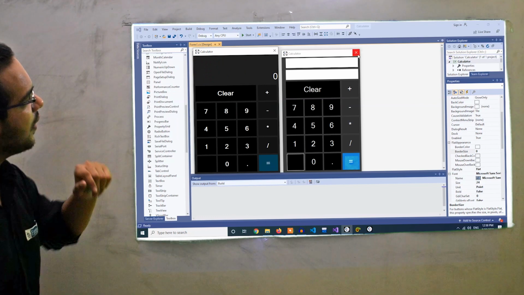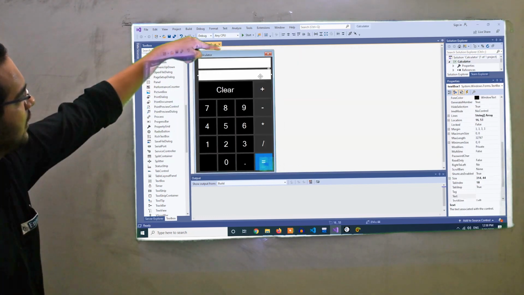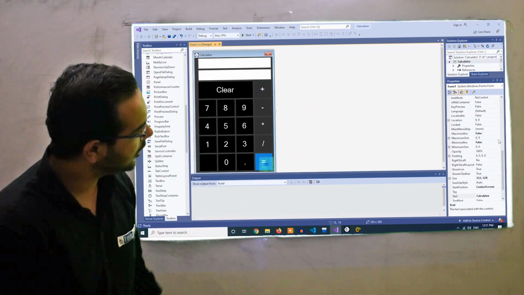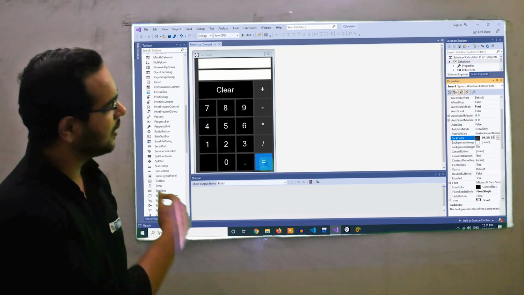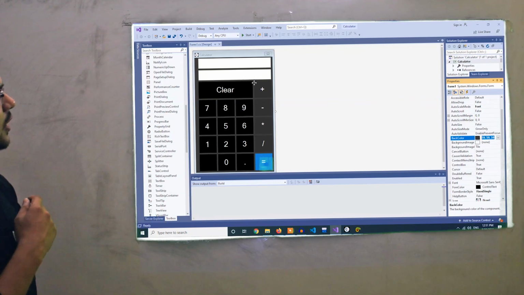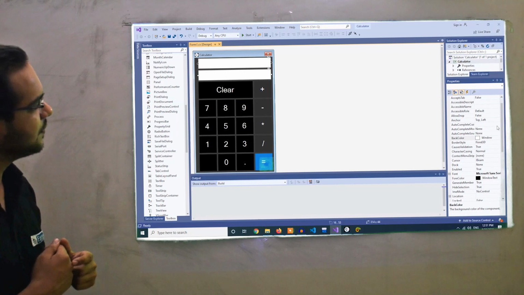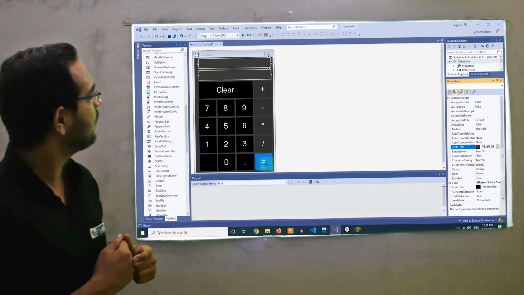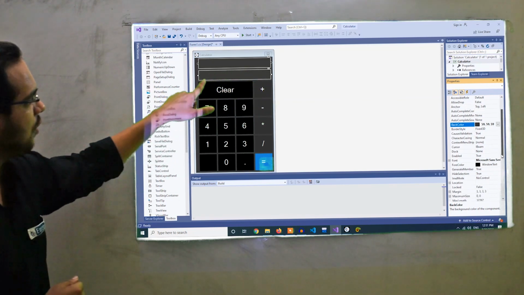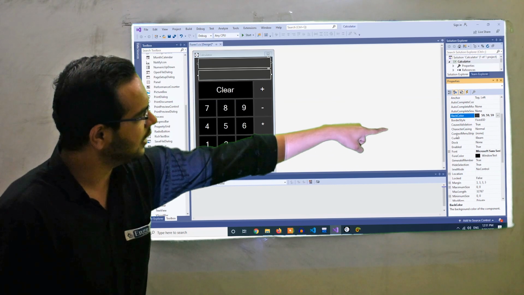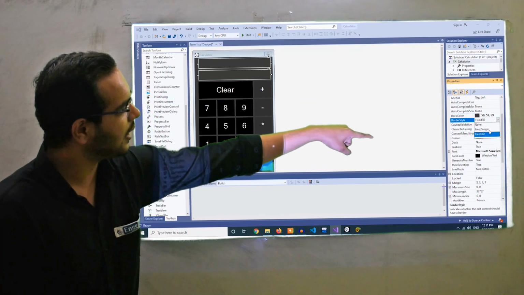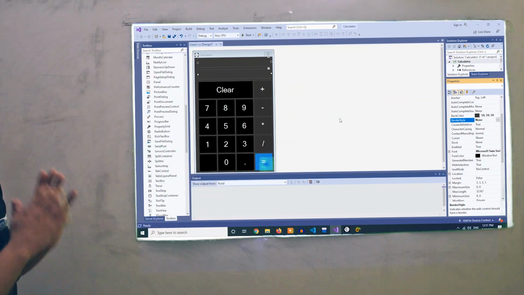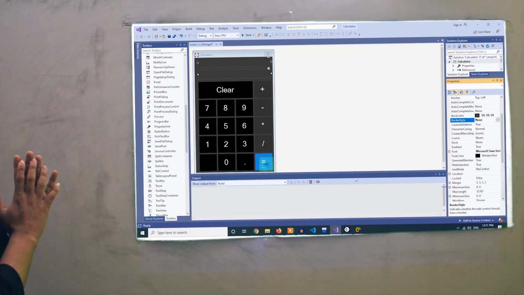So just go to properties of form. Just select this form. Yes. Go to its background color. Yes, copy that background color and paste it to all two text boxes background color property. Perfect. And we also don't want this border of text box. So there will be property border style. Yes, and select that and just none. None. Okay, so I think we have completed our UI element part.